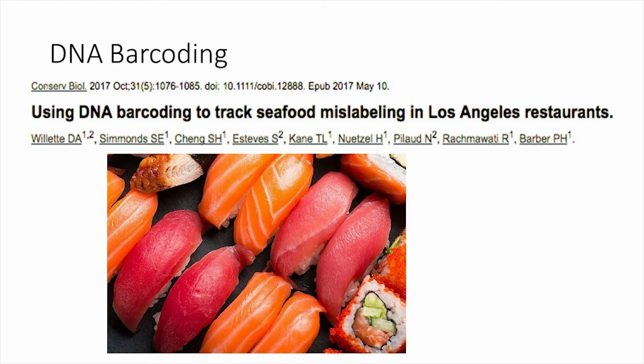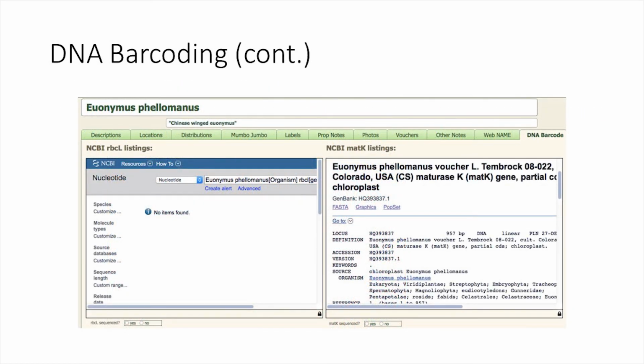This is done famously in conservation biology. A lot of people are worried about what they eat in their food, if it's really what it is, or if it's an endangered fish that was caught in large bycatches. Unfortunately for seafood sellers, we're learning now that in some areas, half of the time what you're eating is not really what you think it is, as evidenced by this recent study. So that's what we're doing exactly with plants.